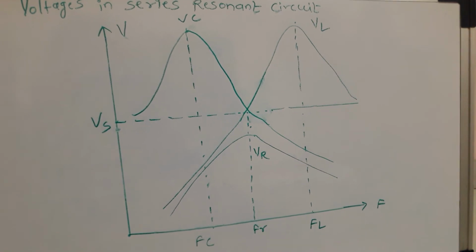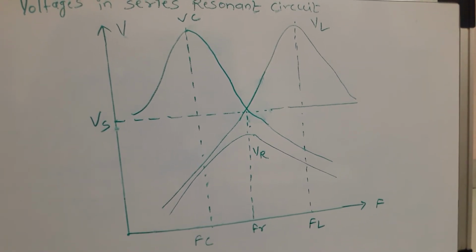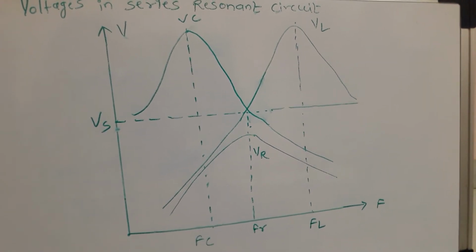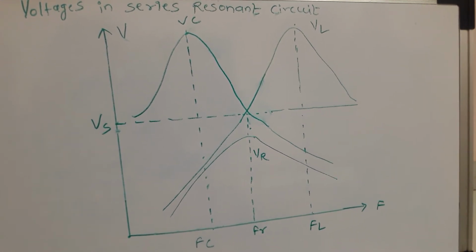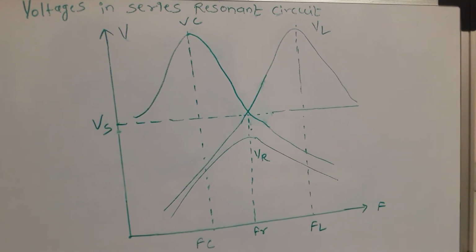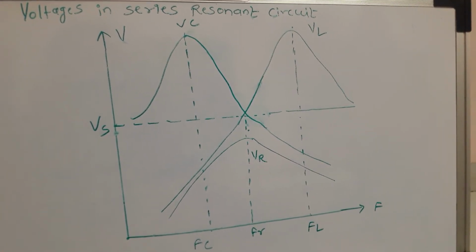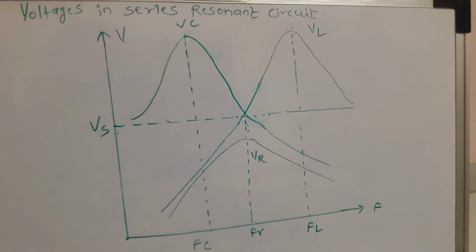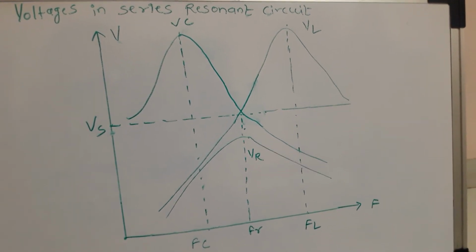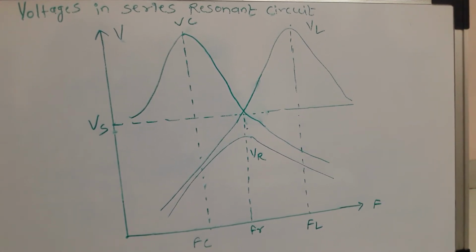to increase. Hence, Z increases, that is impedance increases, and the current decreases. As current decreases, ultimately the voltage across the resistance also decreases and both Vc and VL also decrease. Again, if we increase frequency beyond this limit, that is, the frequency is very high, current approaches 0